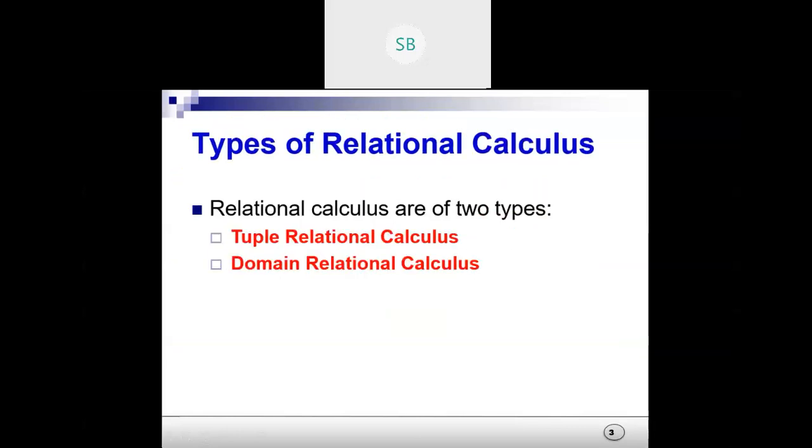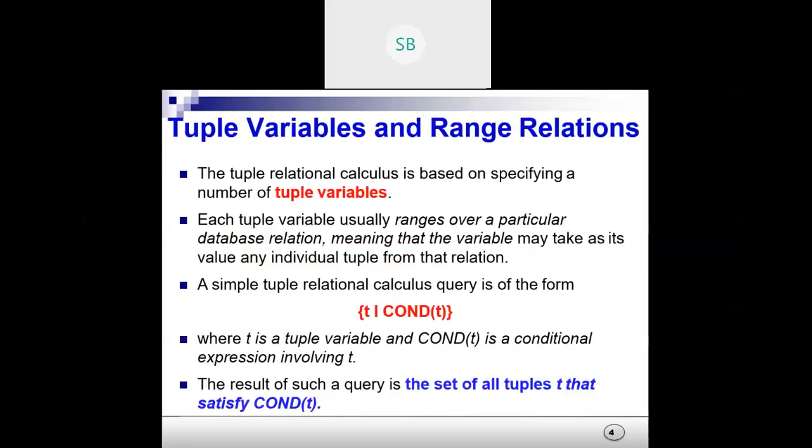As I just mentioned, there are two types of relational calculus: tuple relational calculus and domain relational calculus. Tuple, as the name suggests, works on rows. Here we have tuple variables and range relations. Tuple relational calculus is based on a specified number of tuple variables, so we mention how many tuple variables there are.